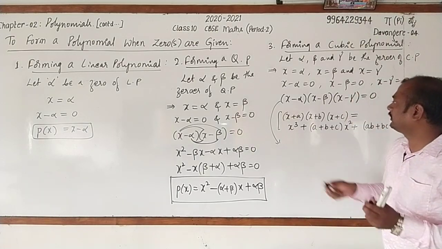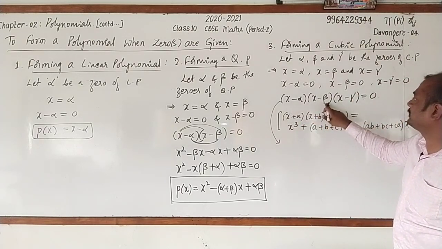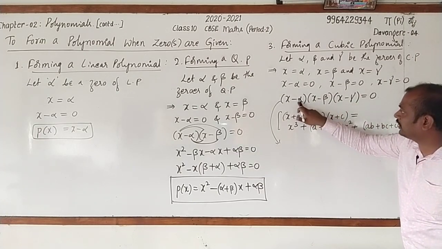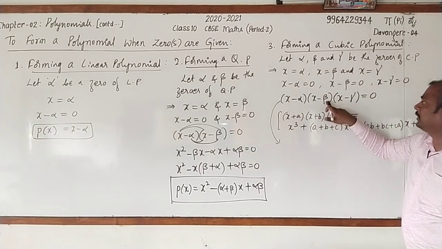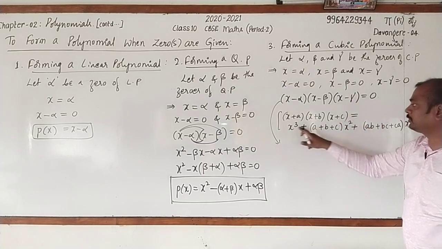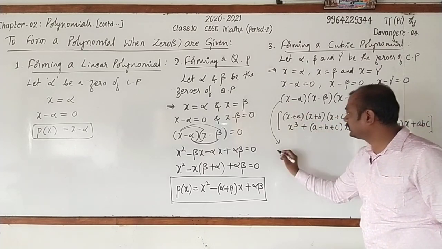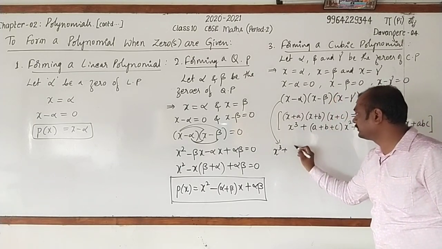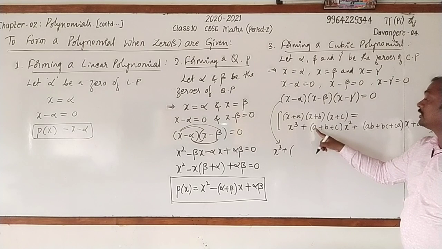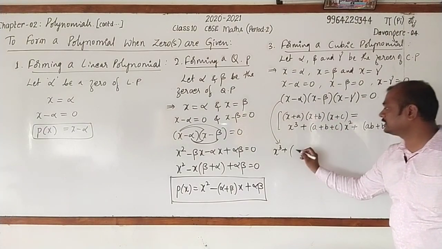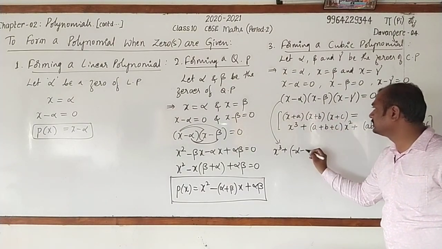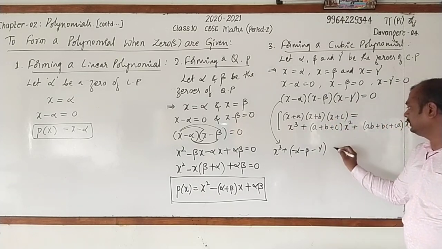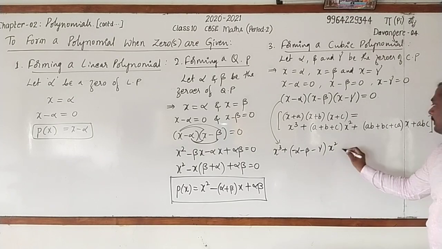Here I'll write the x minus a, x minus b, x minus c form. In place of a, minus alpha; b, minus beta; c, minus gamma. I am going to substitute that. This can be written as x cube as it is, then plus a plus b plus c, where a is minus alpha, b is minus beta, c is minus gamma, into x square plus